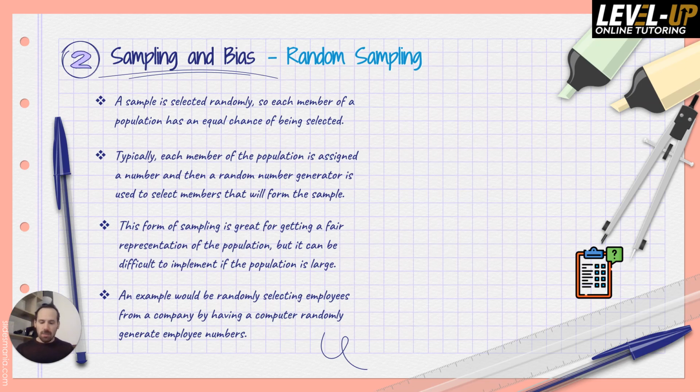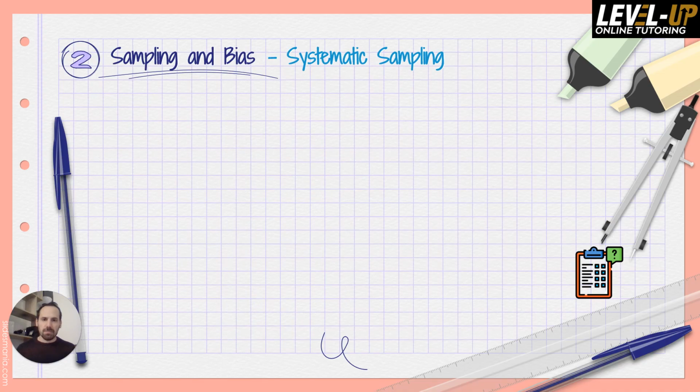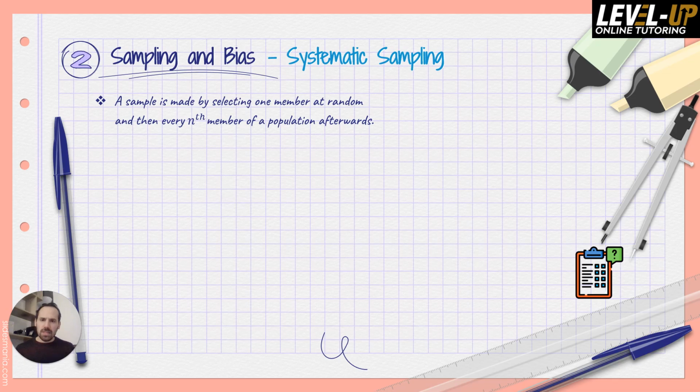Each employee tends to have a number associated with them, and you could just randomly generate some. Systematic sampling is when we pick one person at random, like one member, from say the first n, and then we pick every nth member after that. So that's more when you're dealing with something sequential, where there's an order